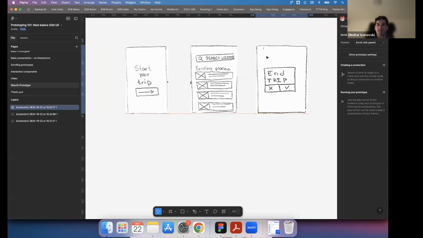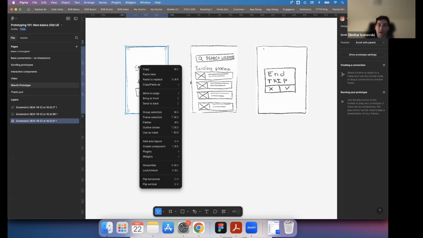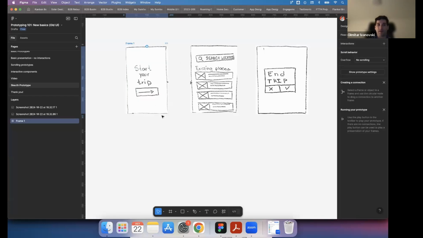It's as simple as that. You select a picture, right click, choose frame selection, and from the picture you create a frame. And this will be called app screen